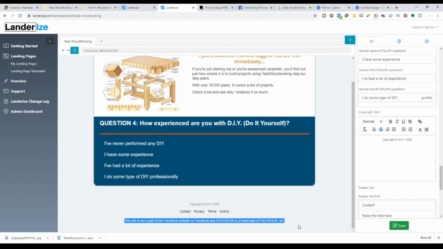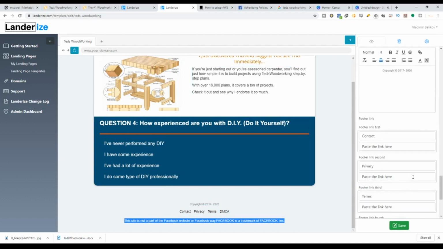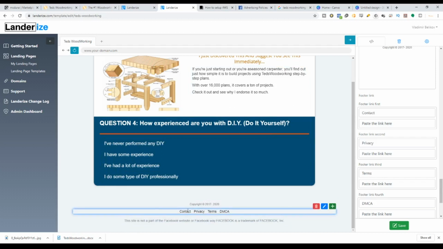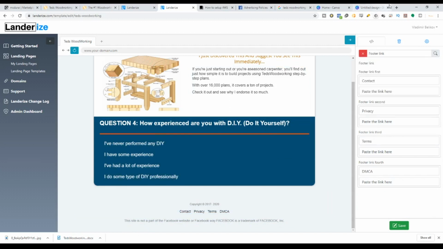This site is not a part of Facebook, because Facebook will actually check your landing page. They have an algorithm to check your landing page, and if your landing page has this and has terms and conditions as well, they will kindly approve your landing page. If not, they will not even think about it and won't approve your landing page, and worse, you might even get banned from ads altogether. So it's very easy to have a terms and conditions policy. You can go to Google, look for terms and conditions templates for Facebook ads, and then